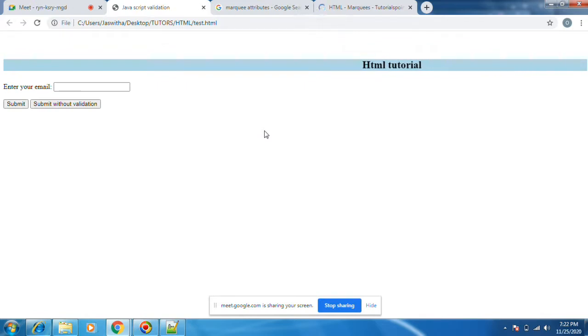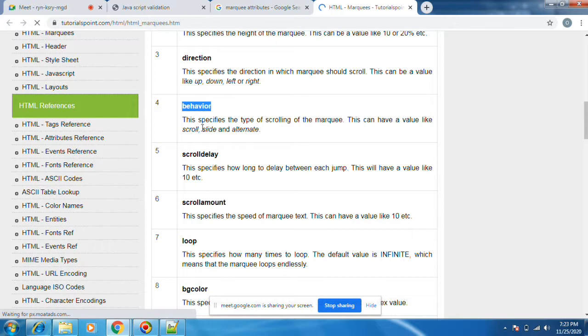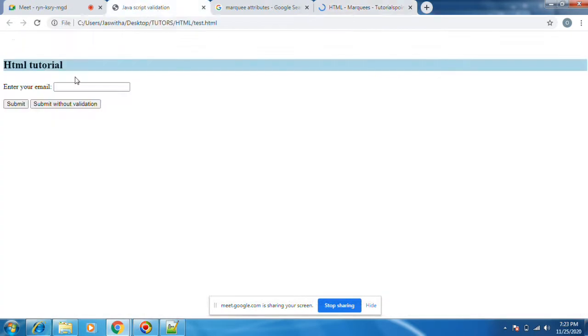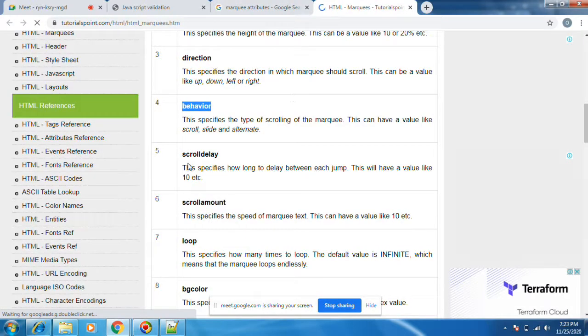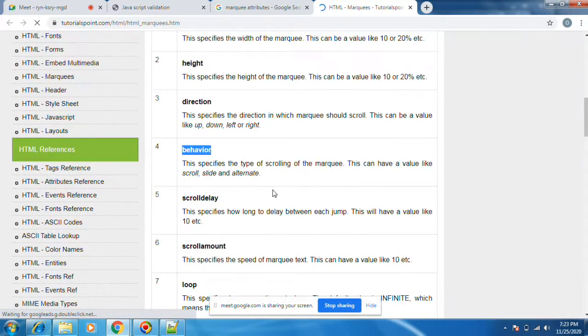Let's see this one. It stopped there. Scroll delay: delay means it will scroll slowly.